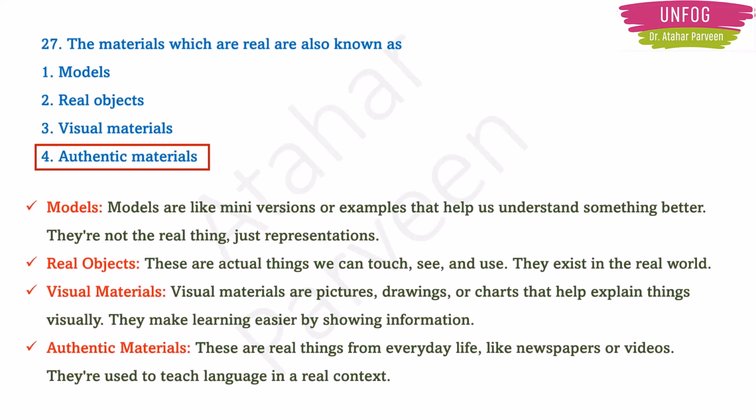So authentic materials are connected to language because they are used to teach language in a real context. See, if anyone tells you to read newspaper to improve English, is he or she correct or wrong? They are correct, right? If you read newspapers daily, that newspaper will act as an authentic material